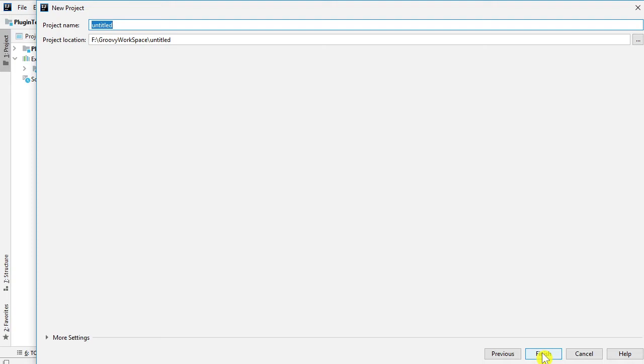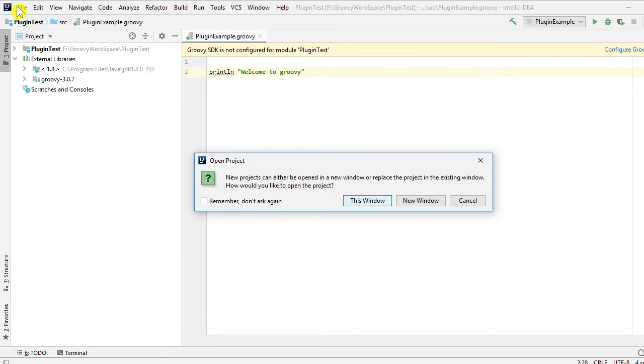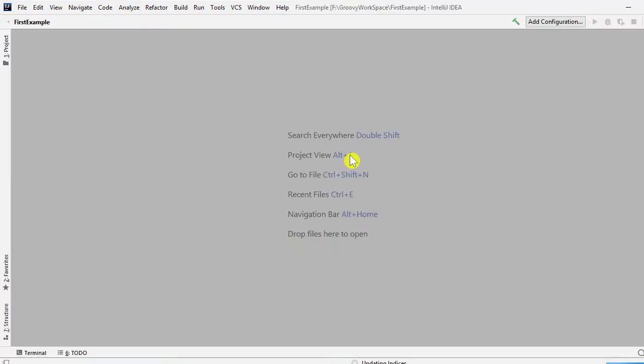Give the name of some project. Click on Finish. Select the new window option.